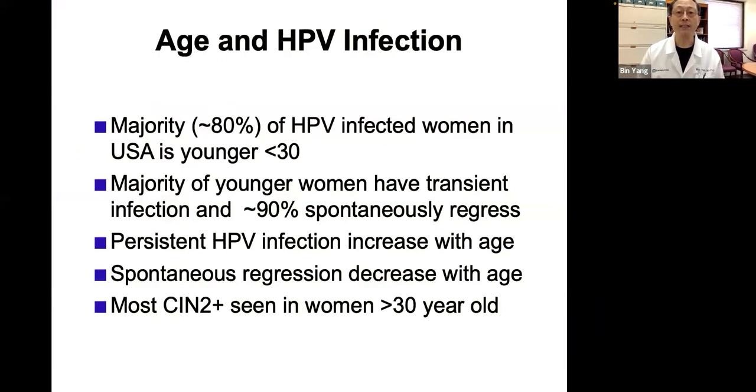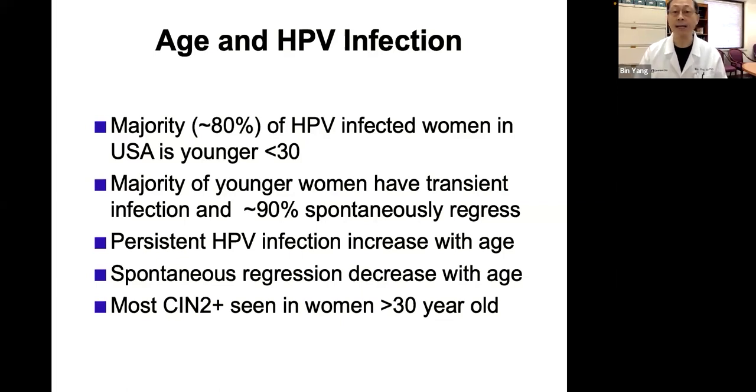The age of the population has quite an important impact linked with HPV infection. 80% of HPV infections occur in women younger than 30 years old, and the majority of younger women who have HPV infection are transient. So 90%, that's also study data, even if they have early disease, meaning ASCUS or LSIL, will spontaneously regress